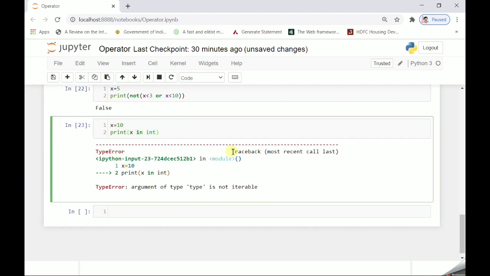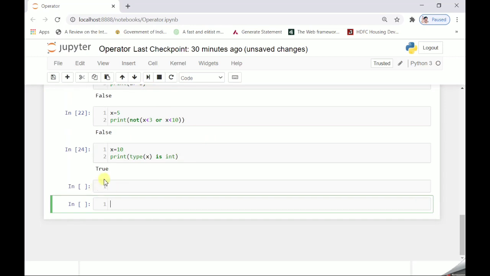I'm just writing type here because type will be the answer. So type of x is int. You have to write is int here. So it is giving you the answer true.